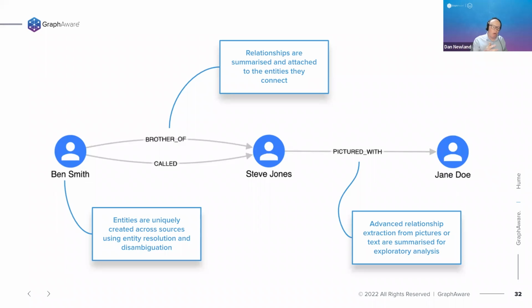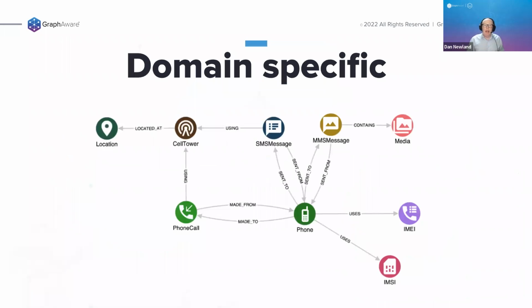And it would be a much more complex analysis required to get to this outcome that Ben Smith called Steve Jones and Steve Jones was pictured with Jane Doe. So the exploratory graphs are designed to summarize that information and make it accessible for intelligence analysts in an easy to consume way. The next is domain specific, and domain specific really presents information in its full context for the